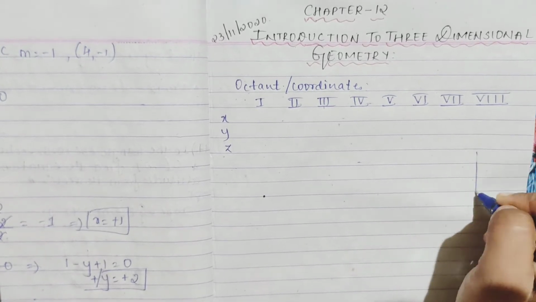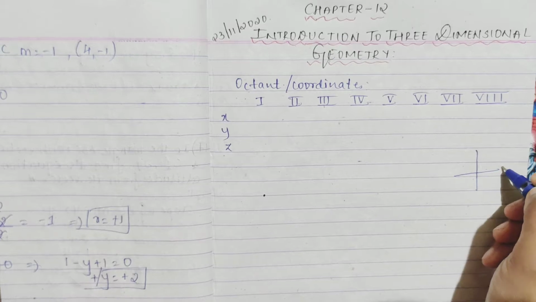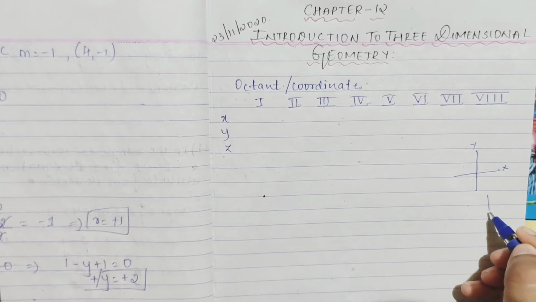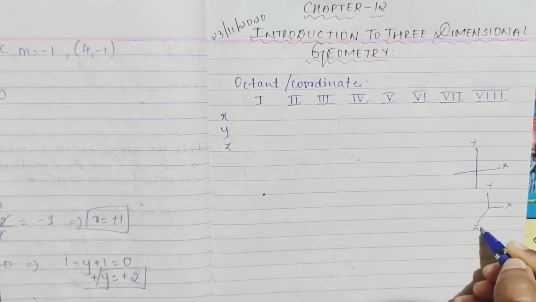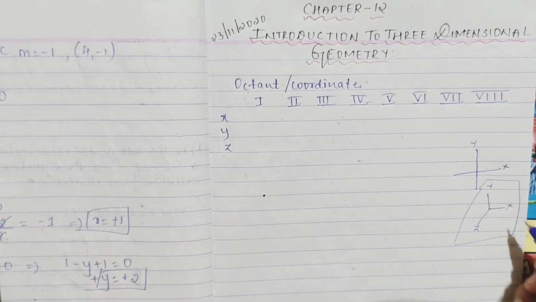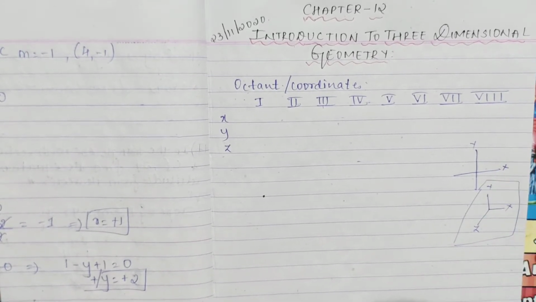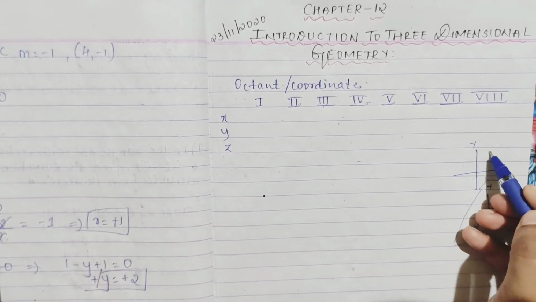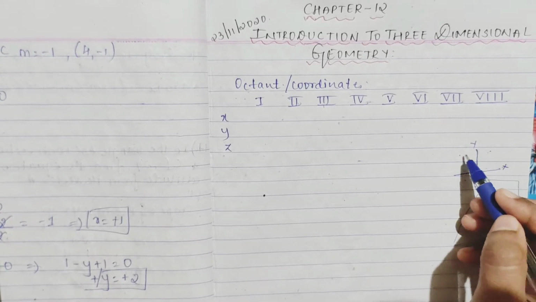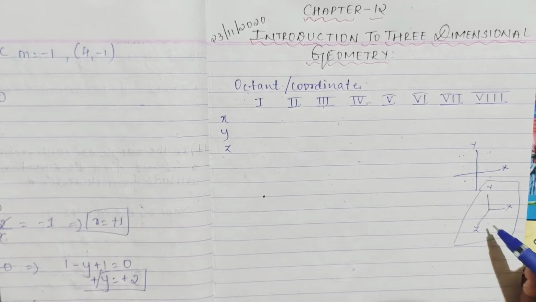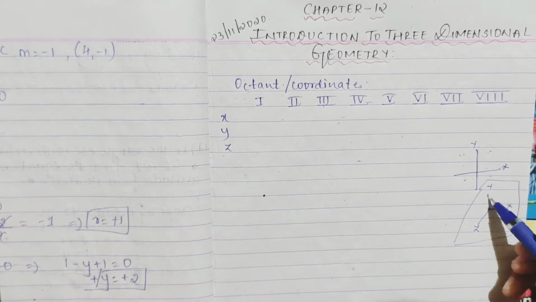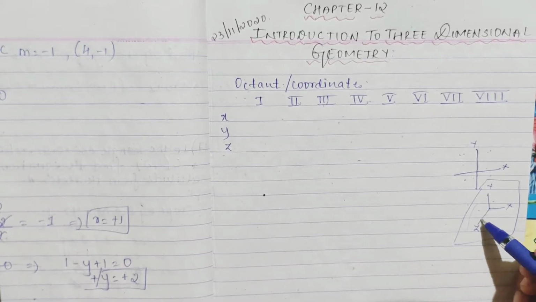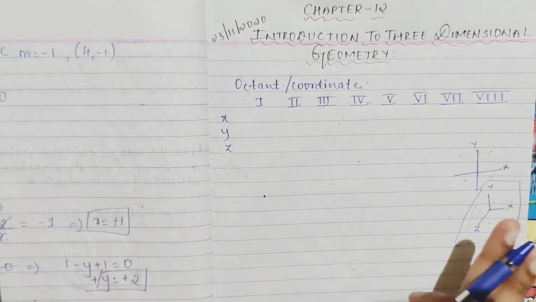In 2D you had only the x and y axis. Now in three dimensions you will have x, y and then z, so you get 3 axes. In 2D it was 2 axes, and it was divided into how many quadrants? 4 quadrants, 1, 2, 3, 4. In 3D it is divided into 8 quadrants. Only x, y gives you 4, and again considering z, you get 8 quadrants.